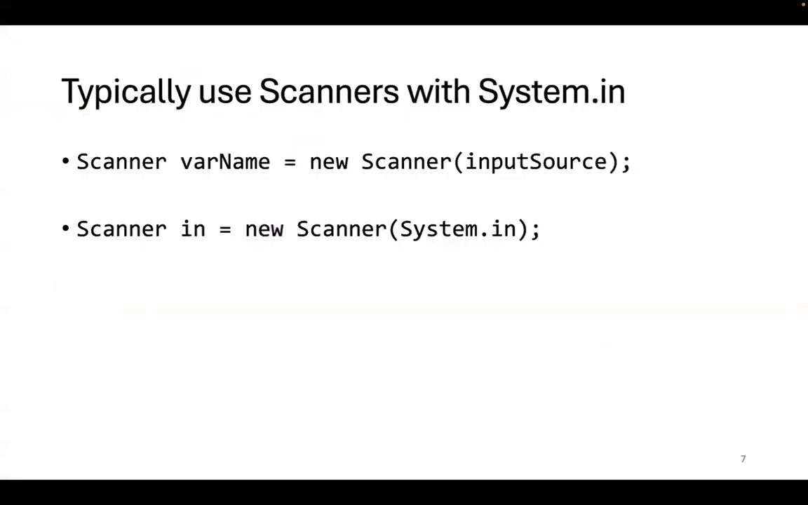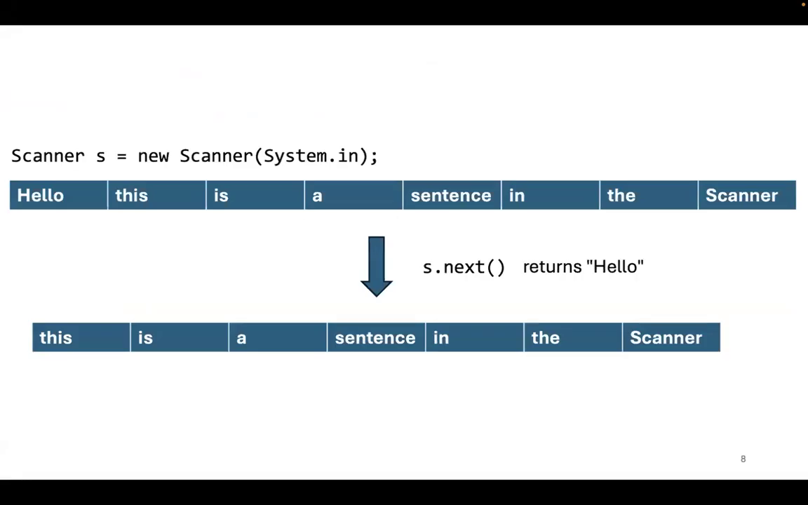Now we need to be able to do something with it. So to do that, we need to understand how scanners work. So again, this is an input stream, and scanners typically break things up into tokens. Tokens are usually things that are separated by spaces or by new lines. So white space is what separates any text into tokens. And so if I type, hello, this is a sentence in the scanner, then to get the next word,